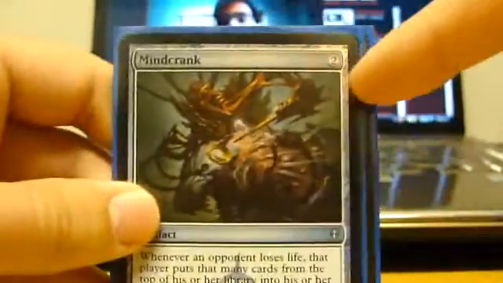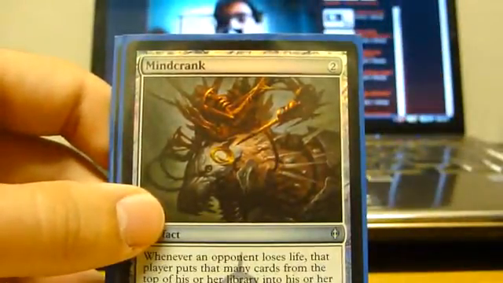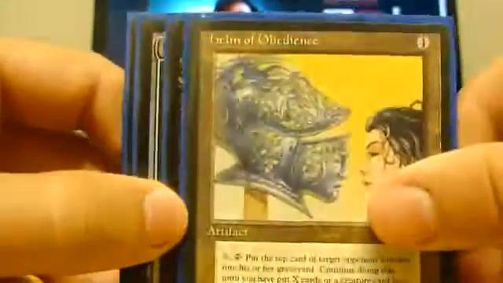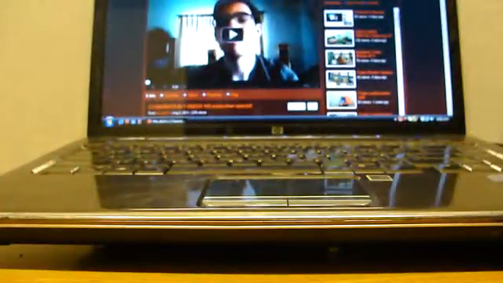You can see 2 converted mana costs. If you look here at the last combo I went over, both Helm of Obedience and Leyline of the Void are 4. So you'll see 2 and 4 is useful. Then we've got